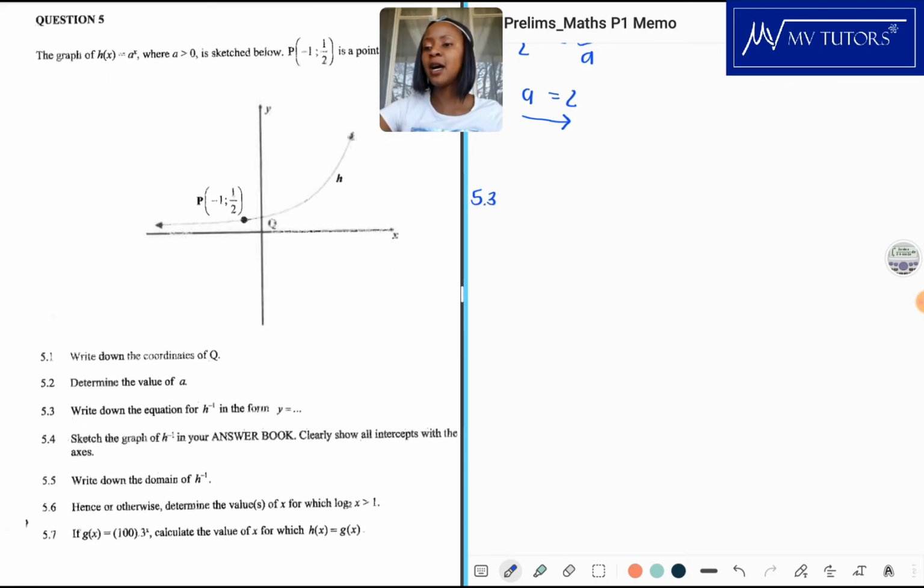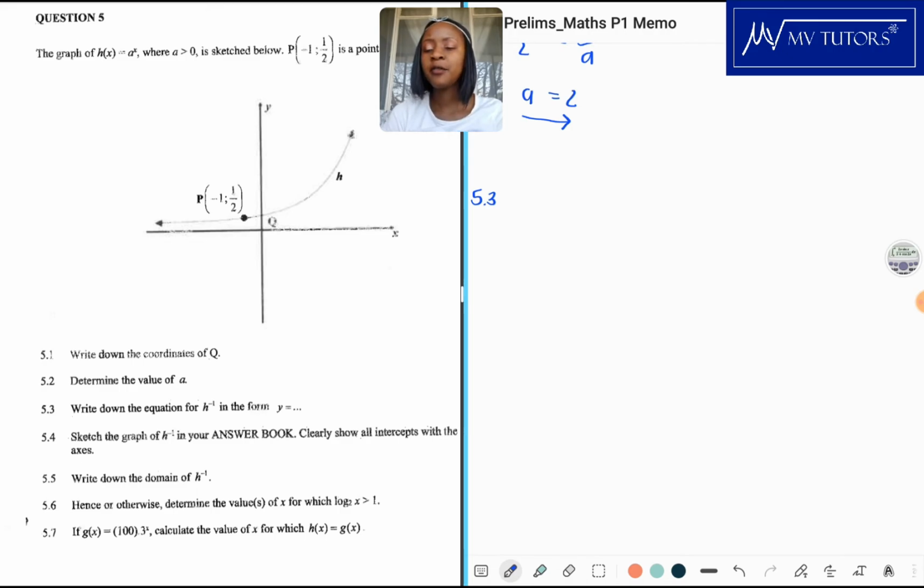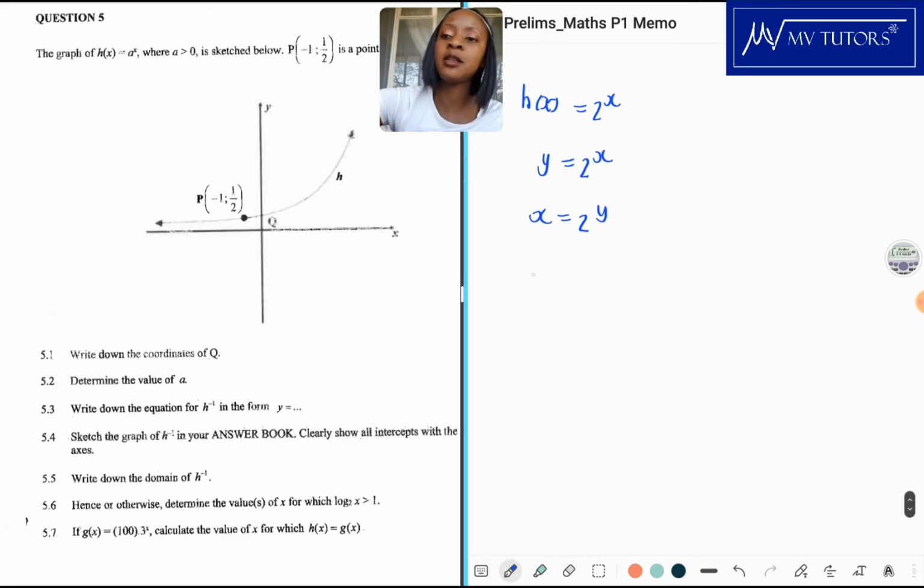It says write down the equation of h inverse, basically the inverse of h. So we know that h is basically 2 to the power x, which is like saying y is equal to 2 to the power x. Now what would be the inverse of h? The inverse meaning we just swap x and y around. So now we have x is equal to 2 to the power y. And if you've been doing logs for quite a while, you can see that your answer will just be y is equal to log base